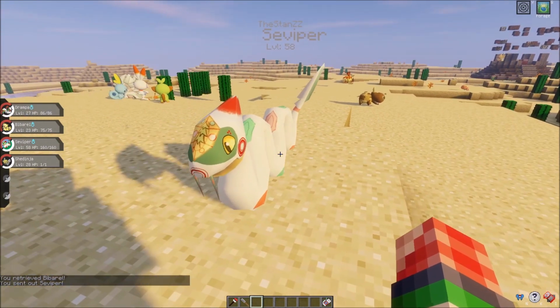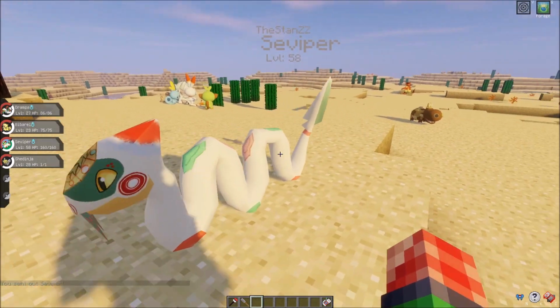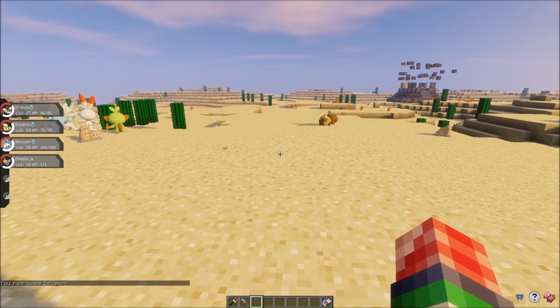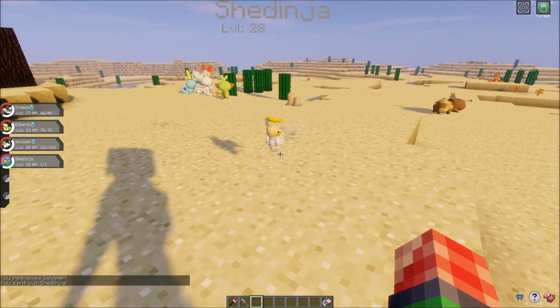I don't know why this gives me... well, there's a Christmas tree on his forehead. I was going to say it gives me a vibe of something Christmas related. But it also gives me a vibe of something Chinese related, similar to the Drampa. And then we have Shedinja, who...